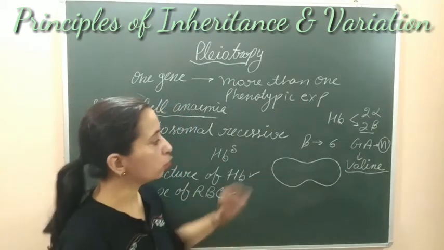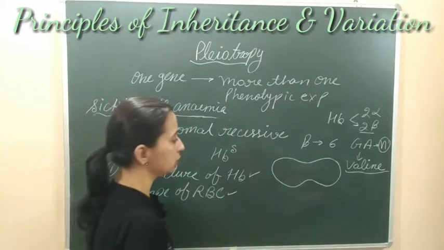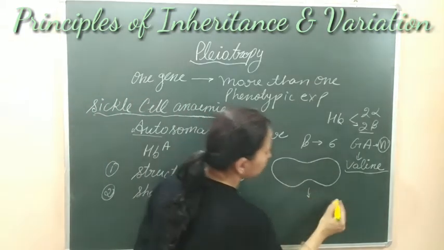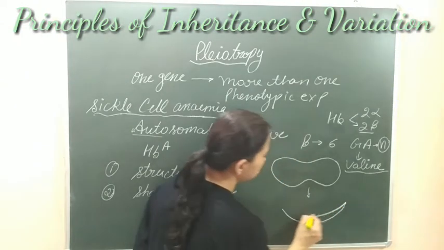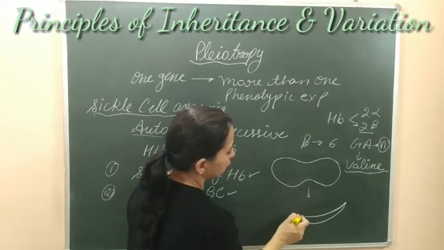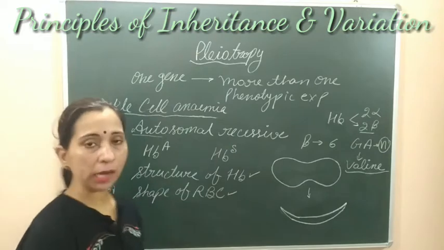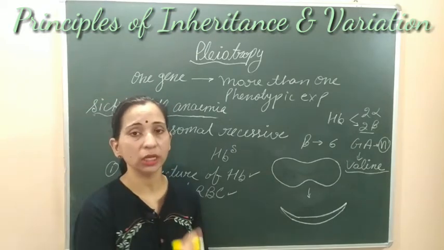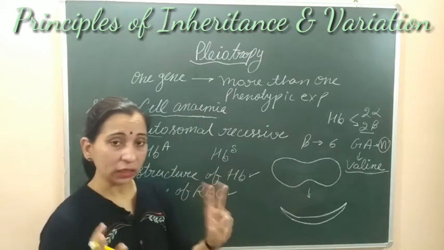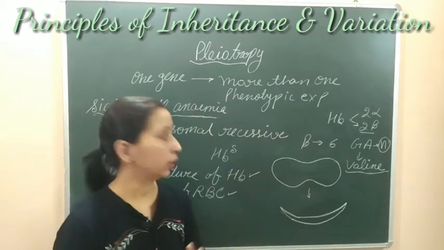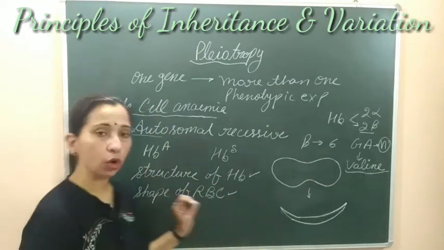But due to this point mutation, due to this sickle cell anemia disease, the structure of this RBCs gets changed and it becomes the sickle shaped structure. जो RBC की structure होती है, it will become sickle shaped. And due to this sickle shaped structure of RBC, now RBCs are not able to carry the proper oxygen. Here we are taking the example of pleiotropy, where we are saying that one gene is controlling more than 2 characters. दो कैरेक्टर यहाँ पे कौन से कंट्रोल हुए?